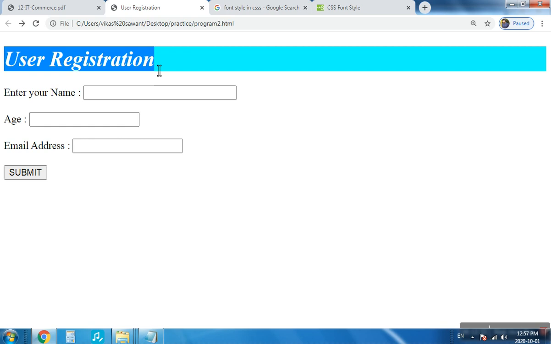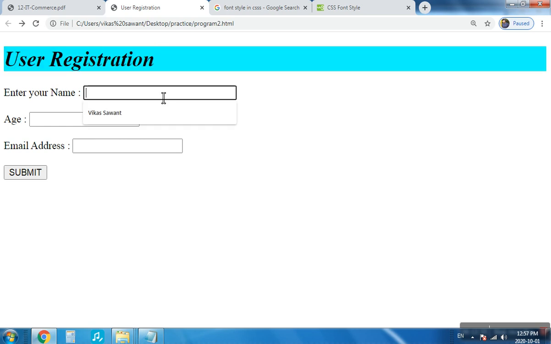Okay, so with this, our output for question number 2 is ready. We can align this also by using the table tag, but that's not mentioned in your textbook, so we will not be doing that. We can use td and tr tags and put this in rows and table cells so that it gets properly aligned.